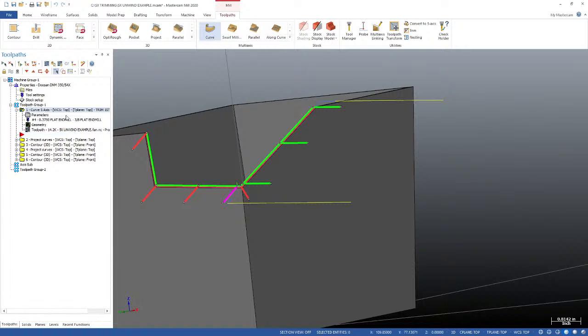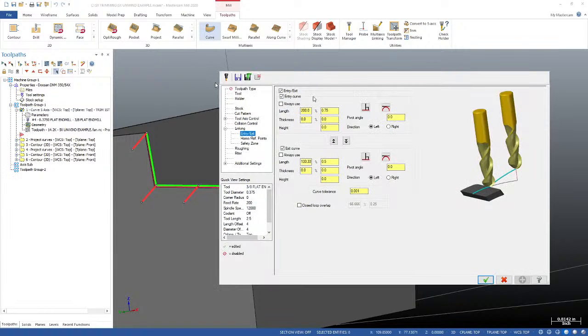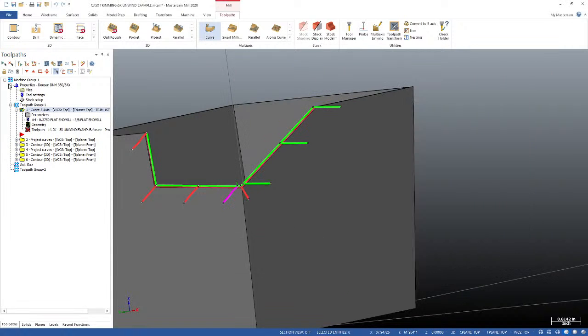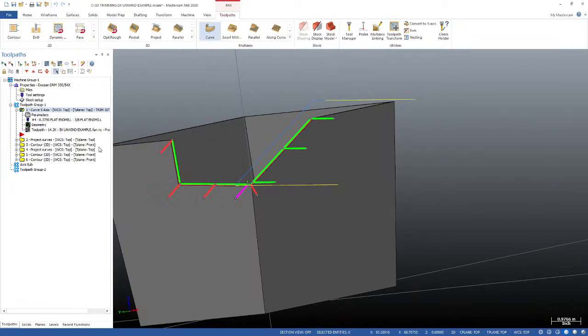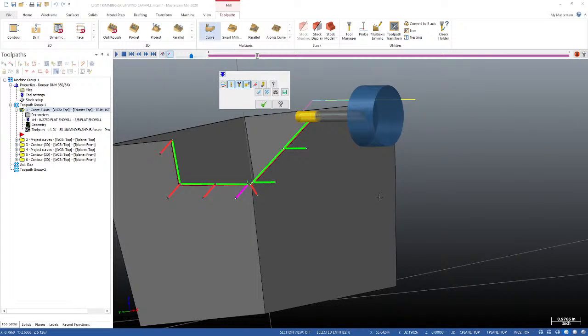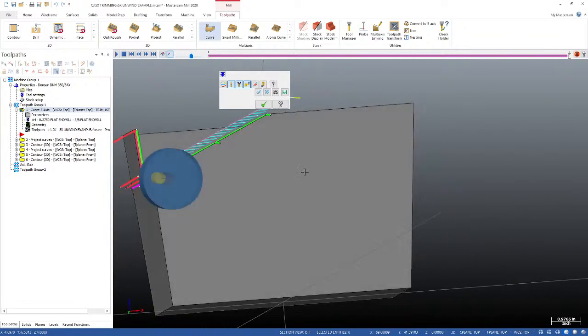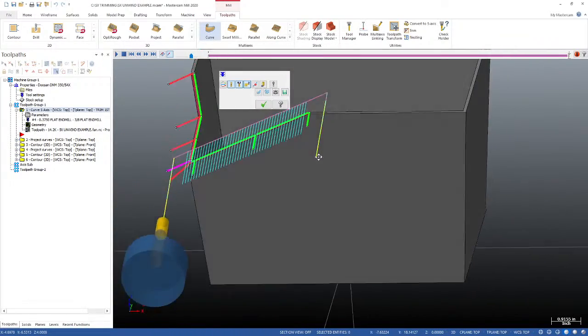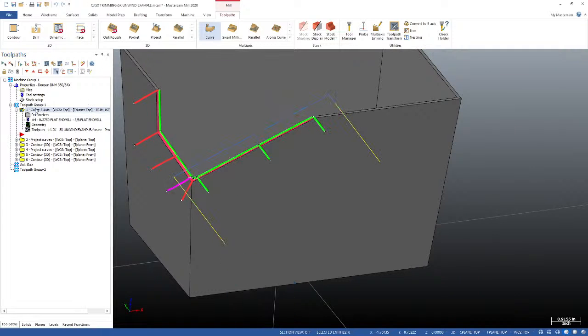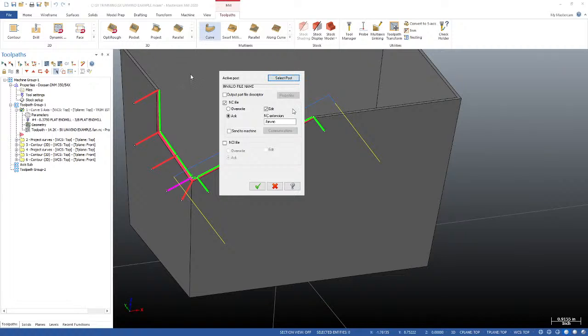And the only thing we didn't do is change our side. So under cut pattern, I'm going to go to right. And keep in mind, if I wanted to climb mill, I could simply reverse the chain. And now what you'll see, there's my cut. I'm doing one nice straight cut, but I'm getting a ton of vectors. And what that means is that for this one cut, when I post out my code,